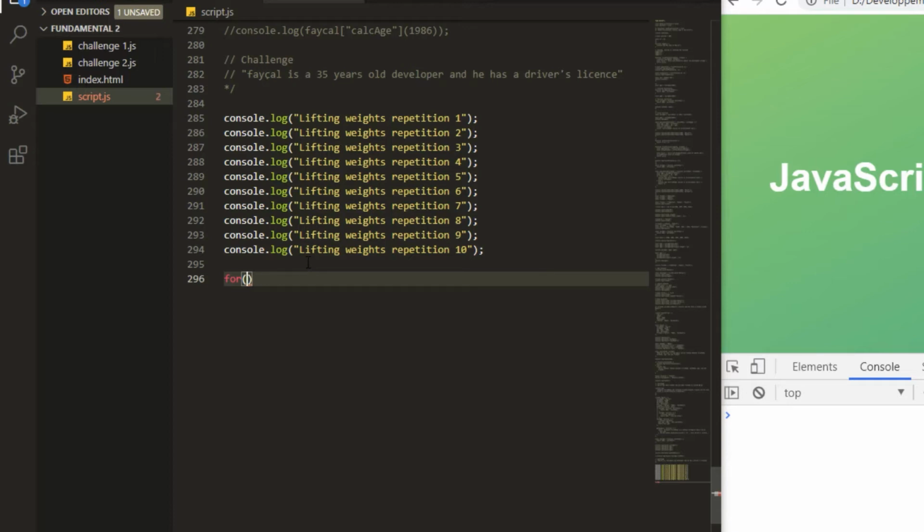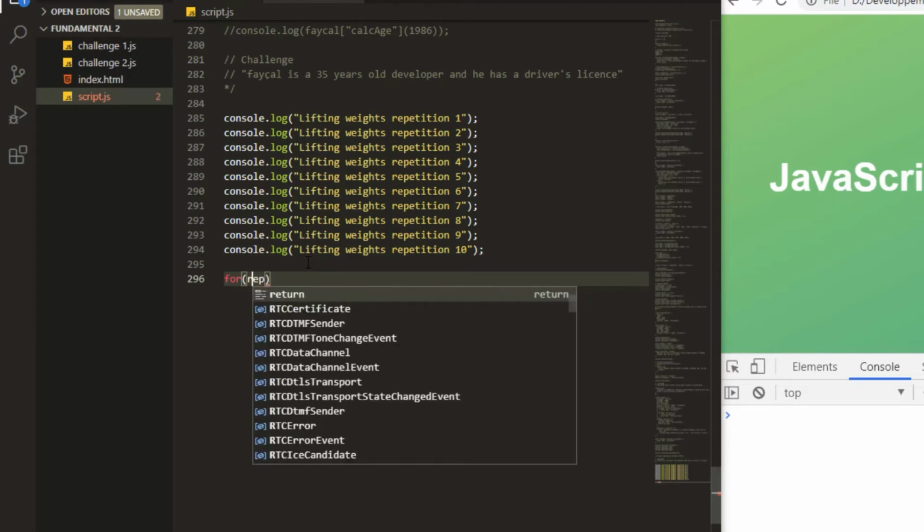Now, the for statement has 3 parts. The first part is the initial value of a counter. In the case of this current example, the counter is the value that will start at number 1 and go all the way to number 10. So let's call this counter rep. let rep